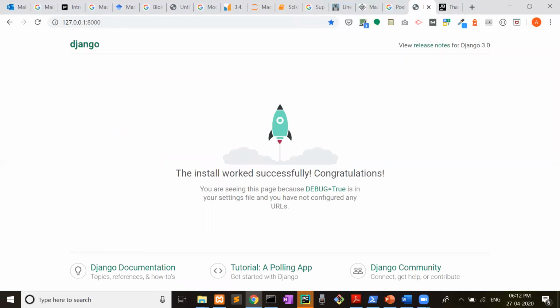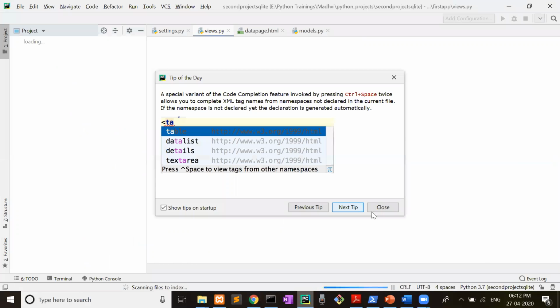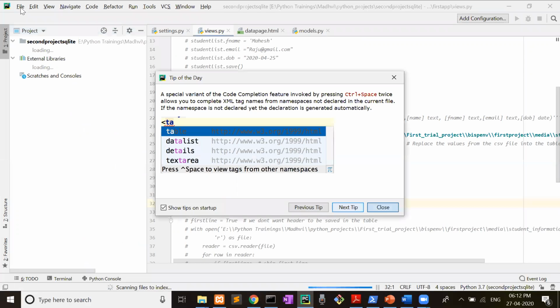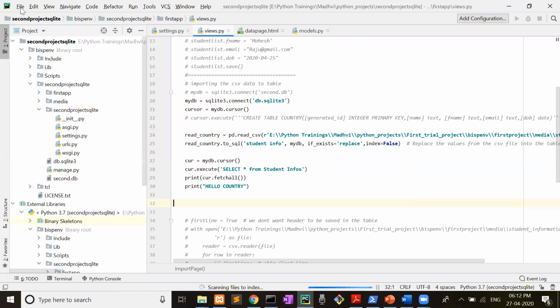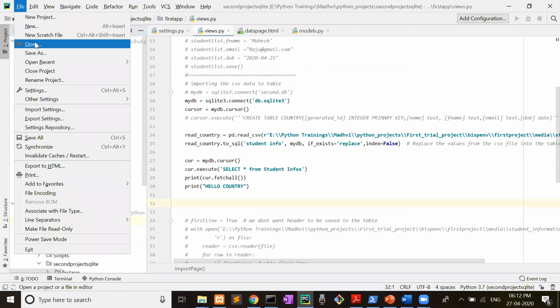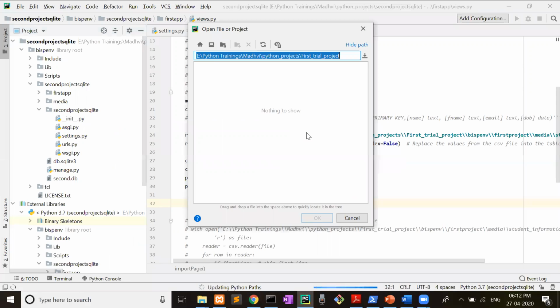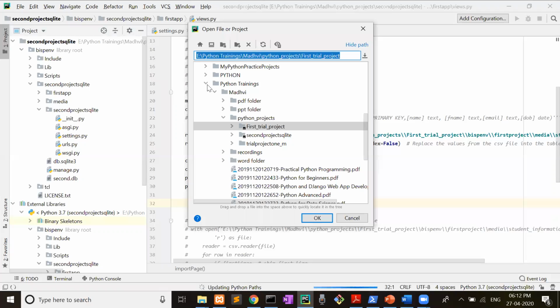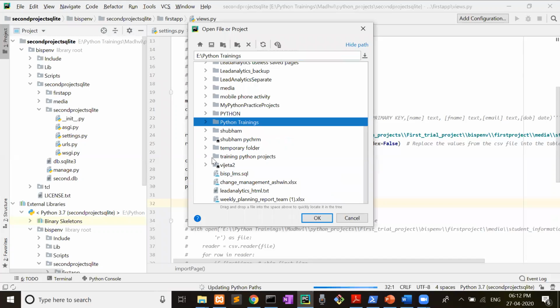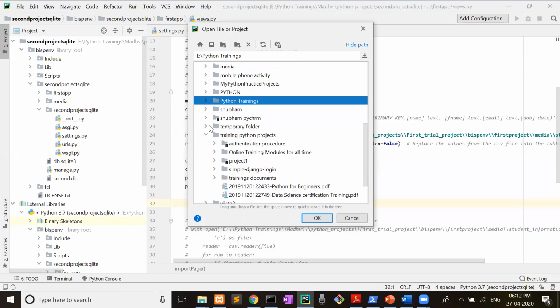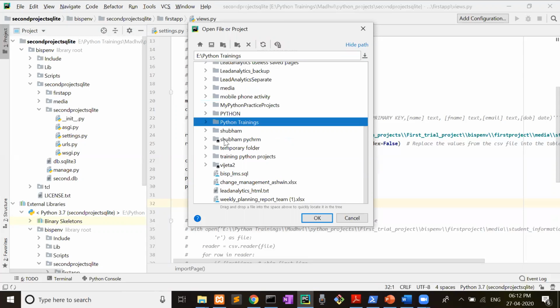Okay, so now my PyCharm is open. This is my already another project that is open. Let me open Python trainings. Just a second.